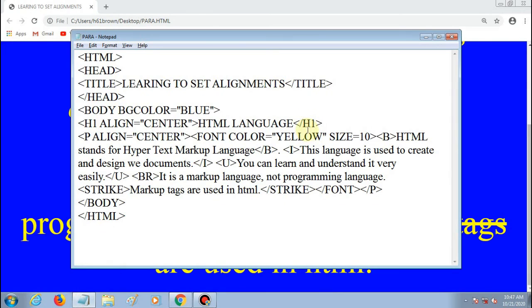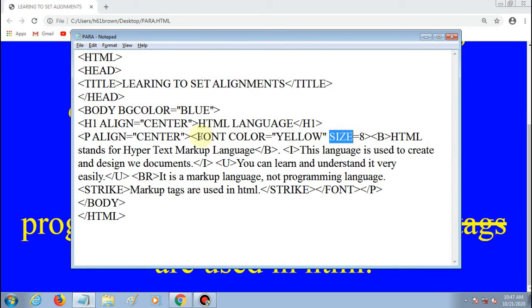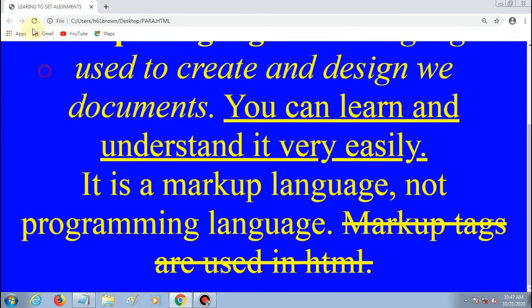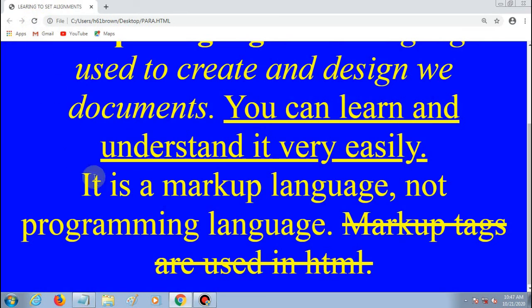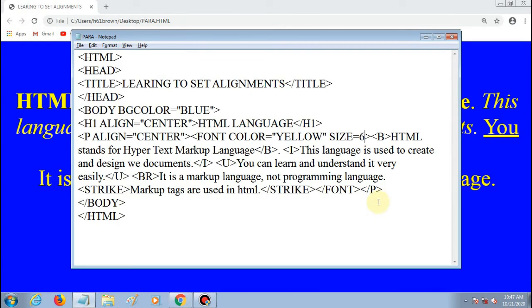Okay, so by using this size attribute of font tag, this is tag, color is attribute of font tag, size is attribute of font tag, yellow is value of color attribute, 8 is a value of size attribute. Then save it and reload. Okay, so you can use size 6 for a font.